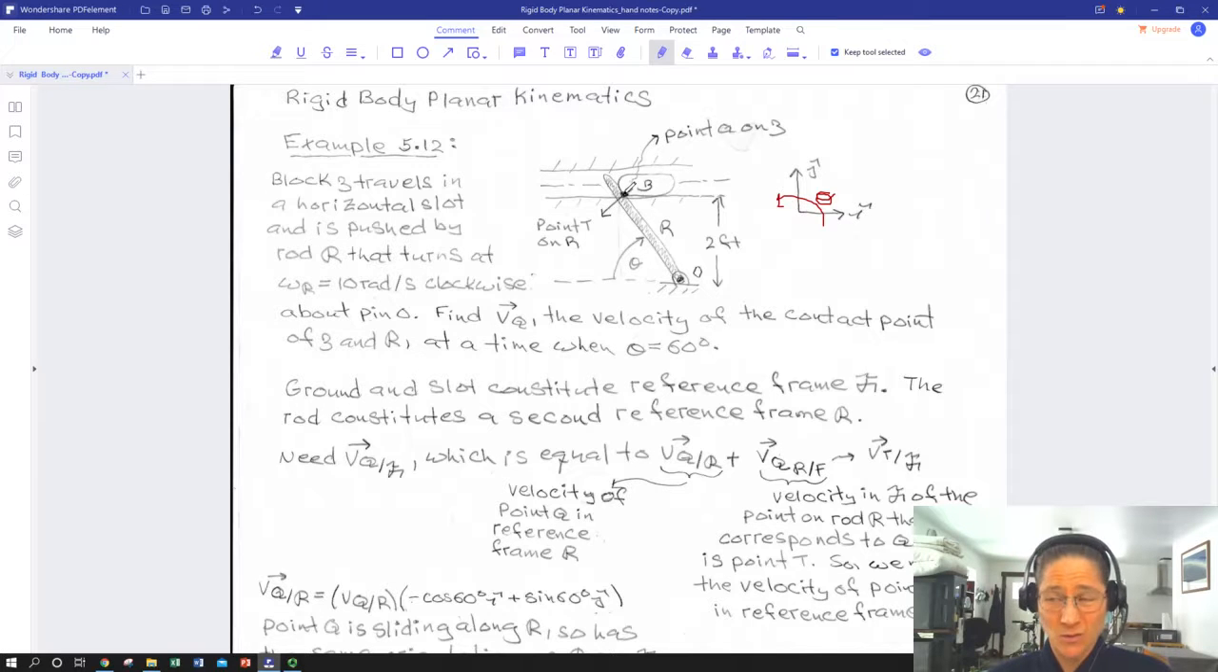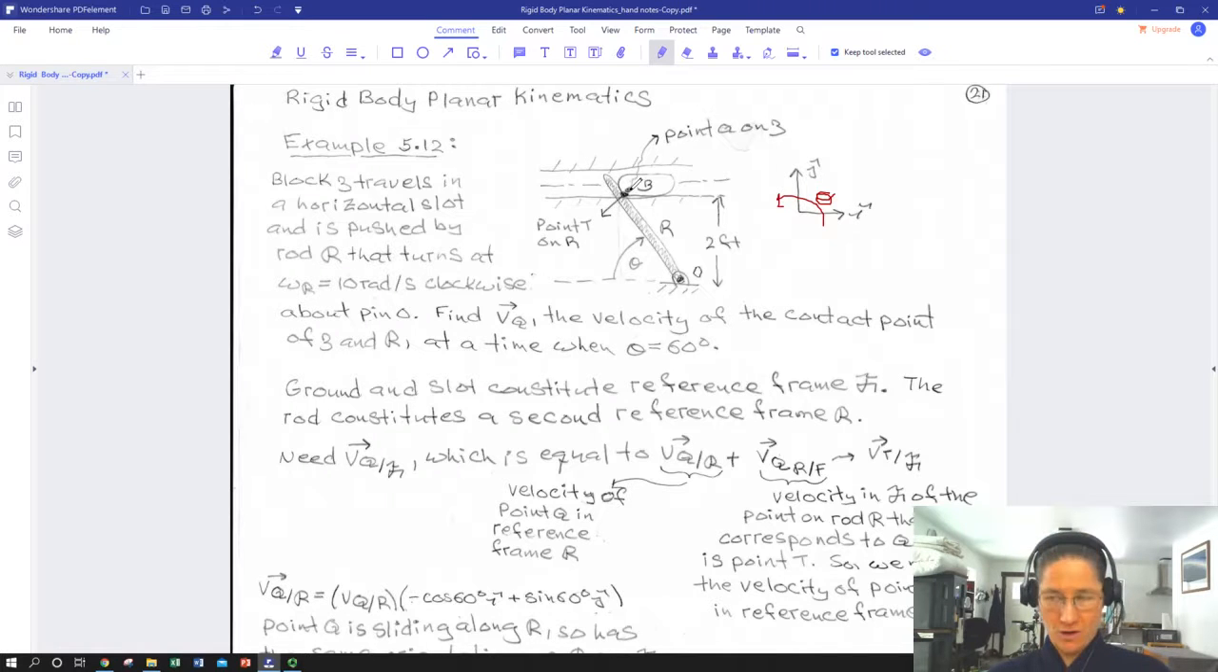It's only contacting at one point, but it's contacting the rod at a particular snapshot in time we're concerned with, which happens to be when this angle is 60. So the rod's rotating with some negative omega because it's going clockwise, I think. We'll have to see which way it's going. Yep, clockwise. And so at that instant in time, point T somewhere on the rod happens to be contacting point